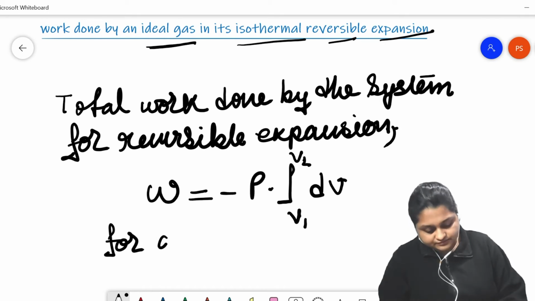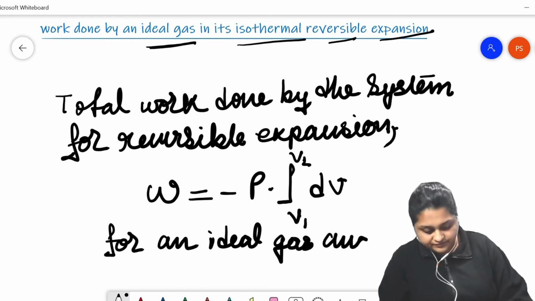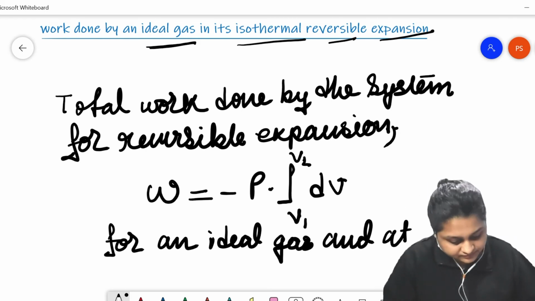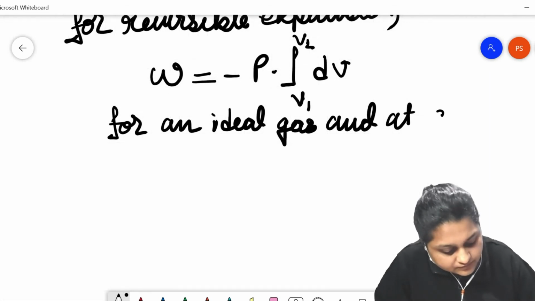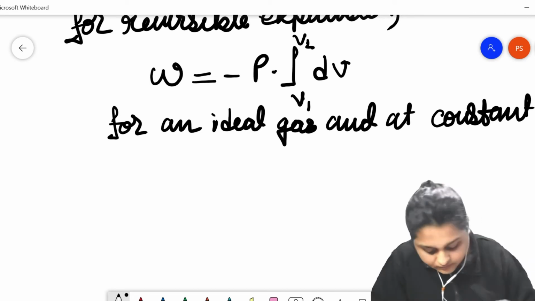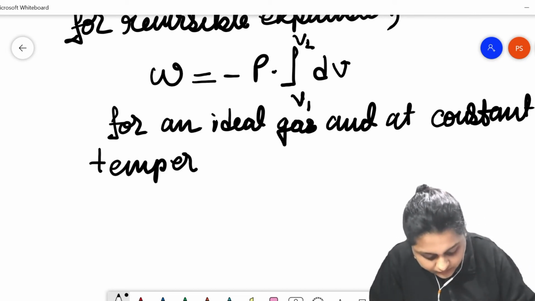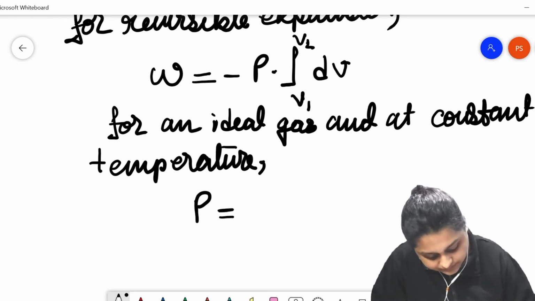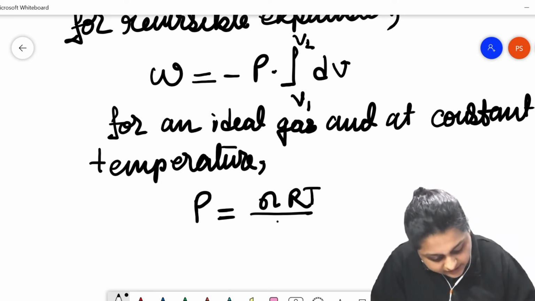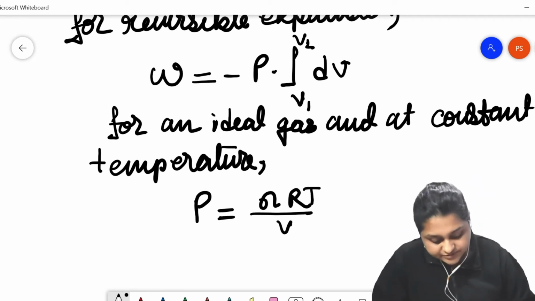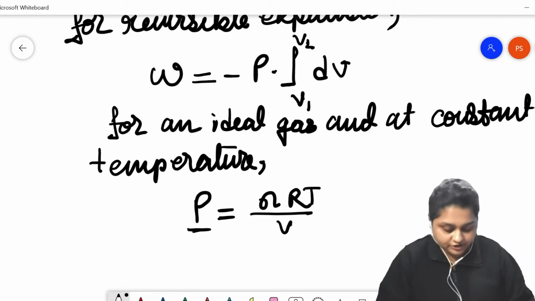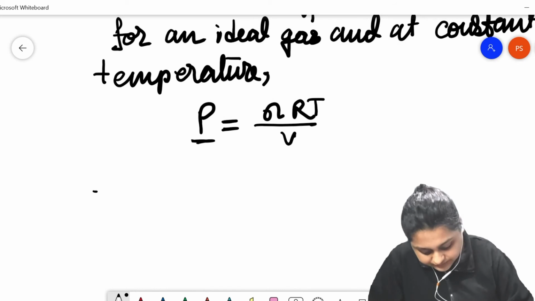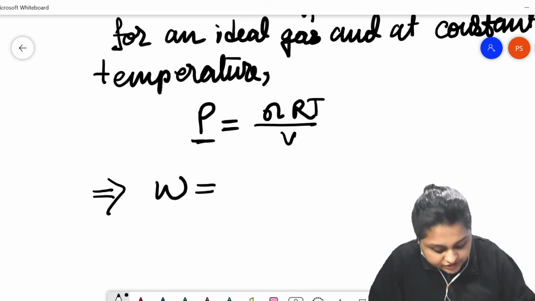For an ideal gas at constant temperature, by applying the ideal gas law, we can write P, the pressure of the gas, equals nRT by V. So we can substitute this pressure expression in the main equation with this ideal gas equation, and can write W, total work, is equal to minus of